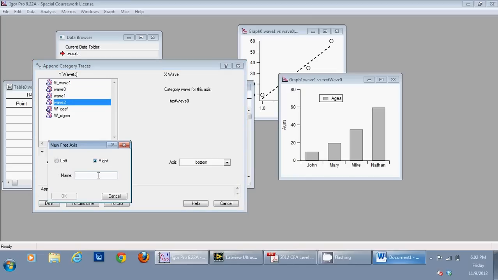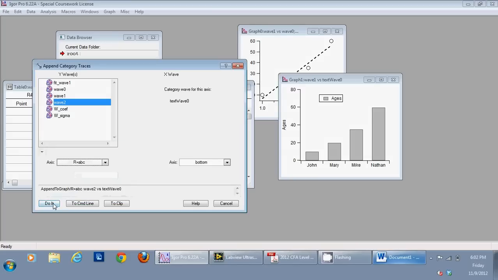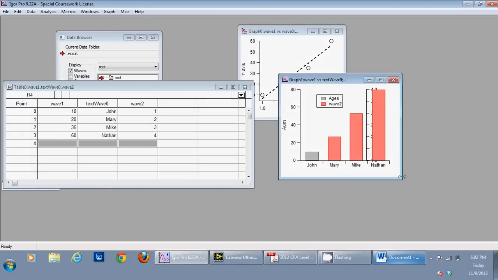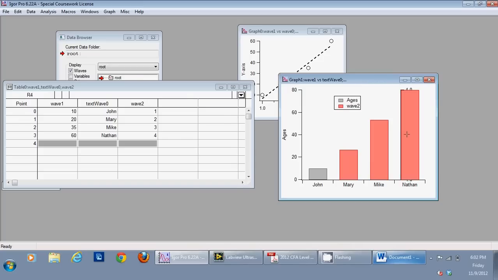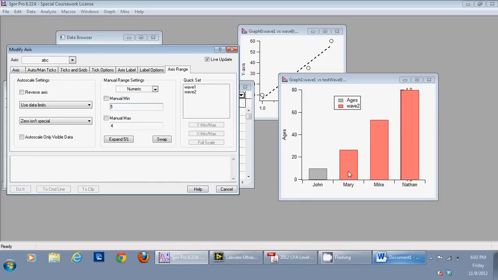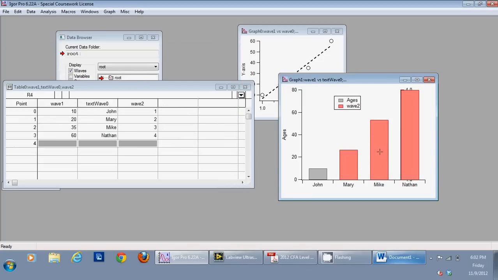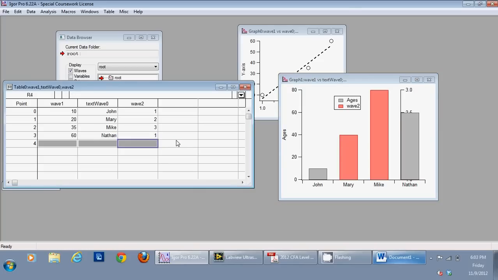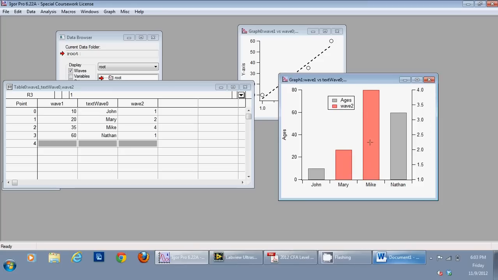So now it made a new axis on the side, and then I can click on this axis. So now let me change these numbers. So let's make it 2 and this 1 4. So now you can see that I have another axis here, but I can move this axis here, and now I can grab this graph and move it in the other direction, and then I can change the,